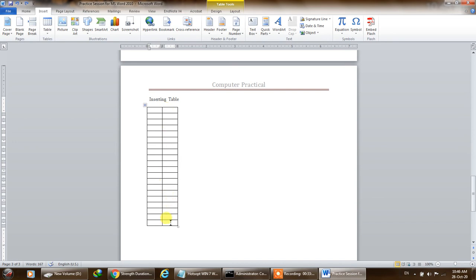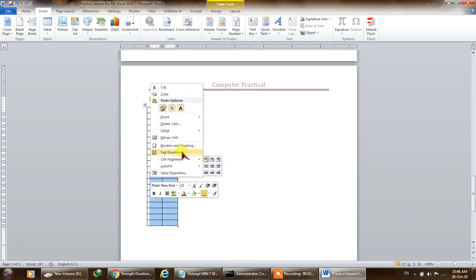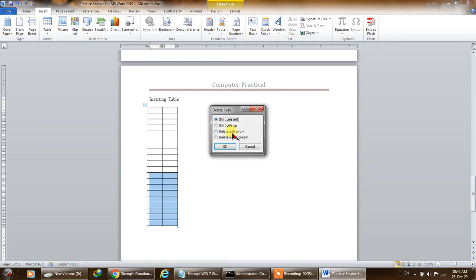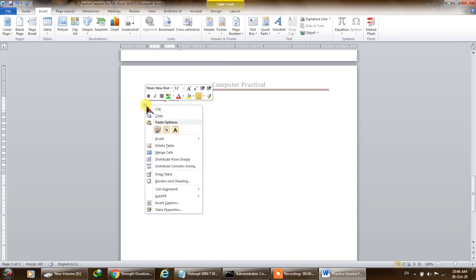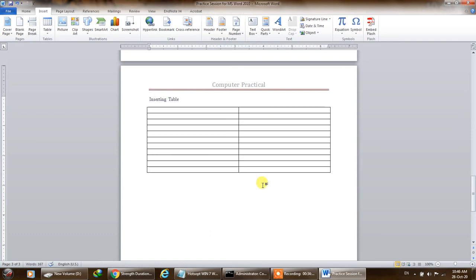Now I want to remove rows, and I'll click over here, click delete cells and delete rows. Now I want this to be stretched to the whole page. I'll simply click over here, right click, and then auto fit to window, and it has automatically stretched to the whole page.